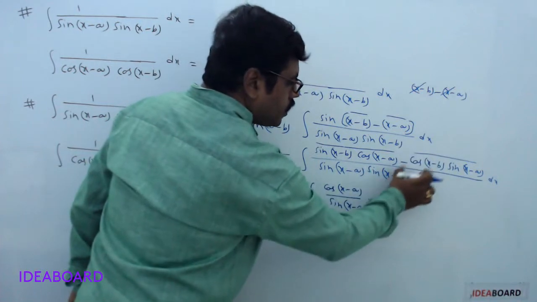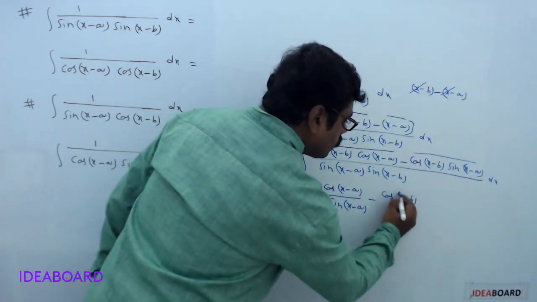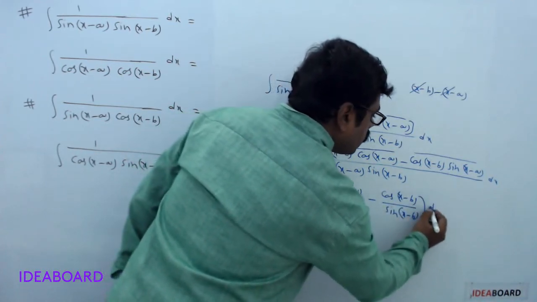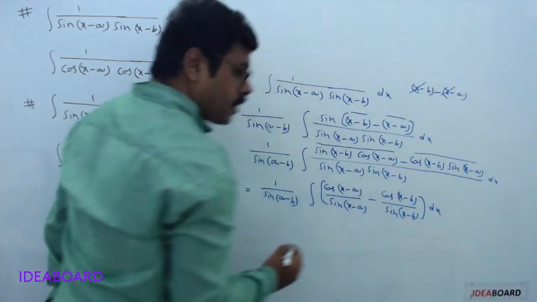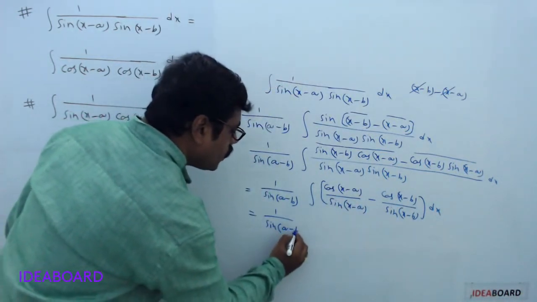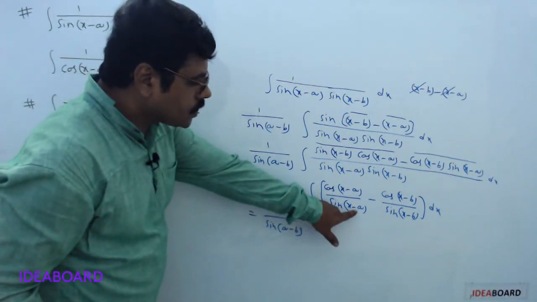Then what about the remaining term? Cos of x minus b divided by sin of x minus b dx. Now this is 1 divided by sin of a minus b into